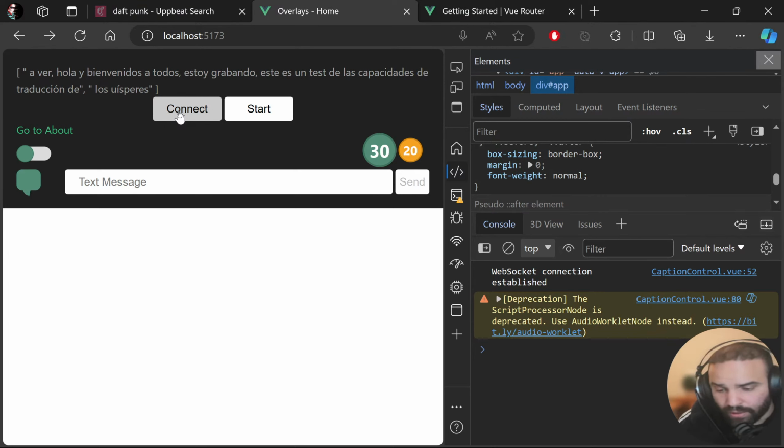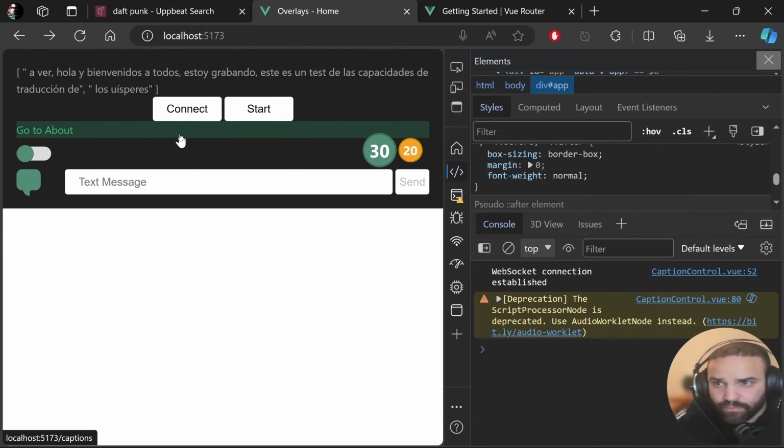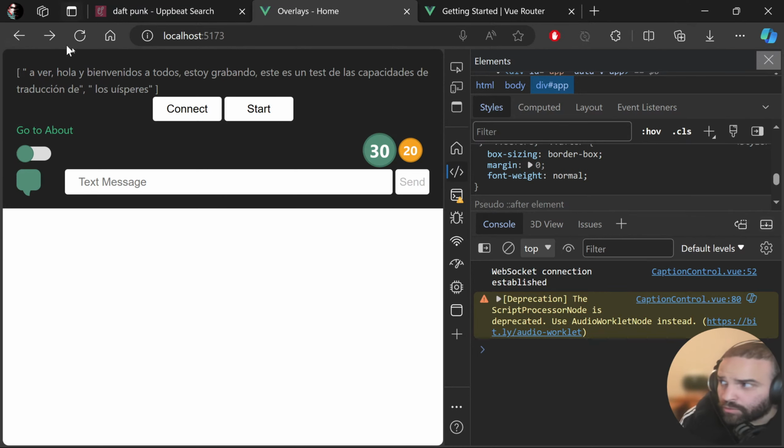That's what I'm working on right now. That's the gist of the app. I'm working on the captions view. A few more views remain. I want to add a title view. So basically, a project title banner shows up at the top,